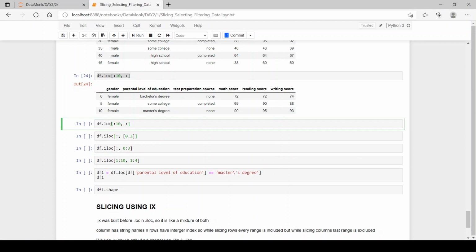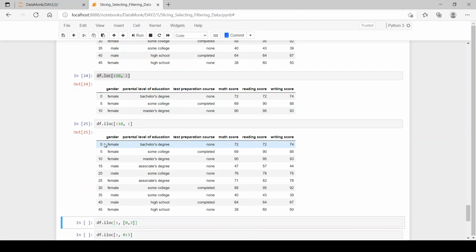So let's print it and use iloc. Then you can see 0, 5, 10 is not printed. We have 0 to 9th index positions because iloc has special indexes assigned, or we can say virtual indexes. Like 0 has 0, this 5 will not be considered as 5, it will be considered as 1, this 10 as 2, 3, 4, 5, 6 till 999 in iloc.